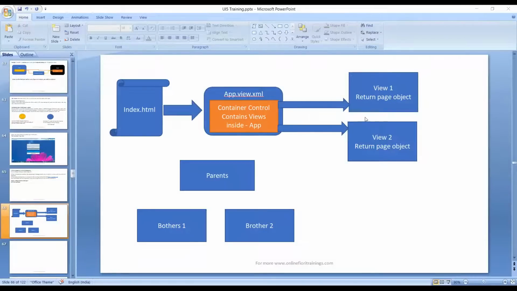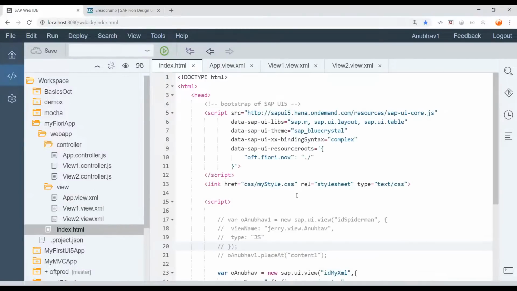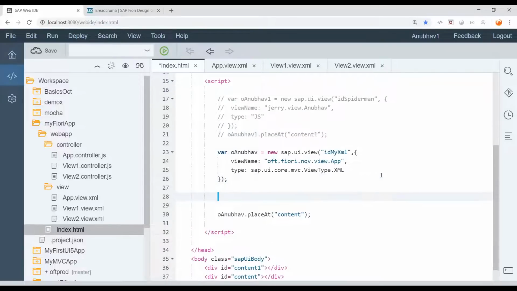Now it's all about orchestration. How do you orchestrate this? Watch out. You have to now create these 2 view objects. Everything is an object. Remember that Sunda Fox? Everything is an object. Let's create these 2 view objects. Come back to index.html. And now I'm going to create my view objects: var view1